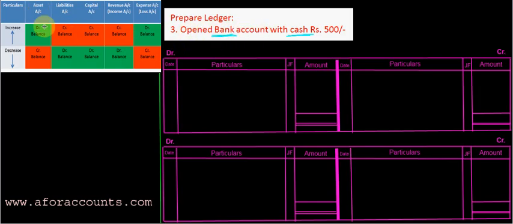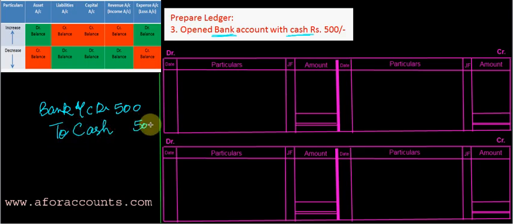So asset when increasing, you have to debit it. So debit the bank account. Bank account debit 500. Cash, an asset, is decreasing because you are depositing it into the bank, so cash balance will decrease by 500, credited to cash